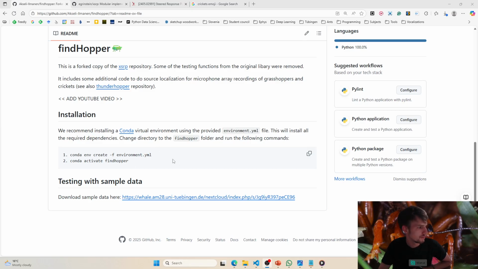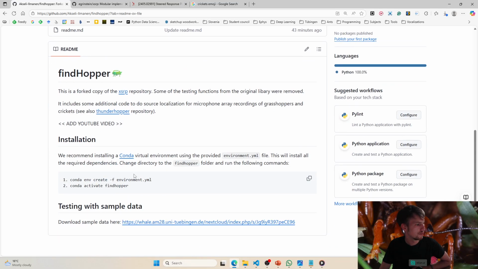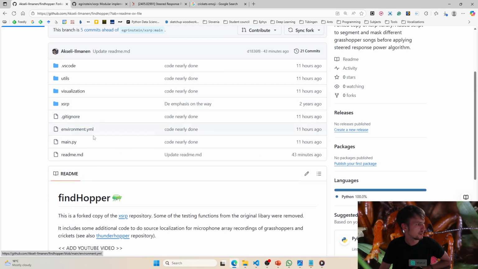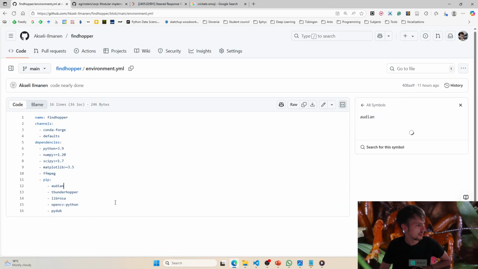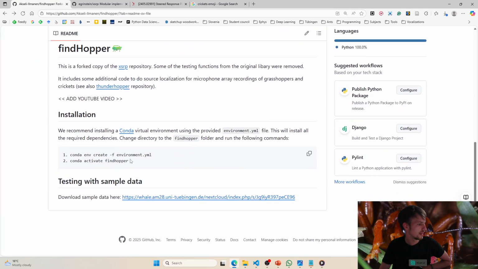So if you would like to use this code, I would recommend you follow these steps. So first, you clone this entire repository to some folder, and then you change your directory to that folder. So you can just write cd and then the name of the path where you saved this, in your terminal, and then you can follow these two steps. Write this in your terminal. This will create a Conda environment. So you'll need to have Conda installed first for this, and then if you follow these steps, it will basically install all of these libraries and their respective dependencies in that Conda environment,